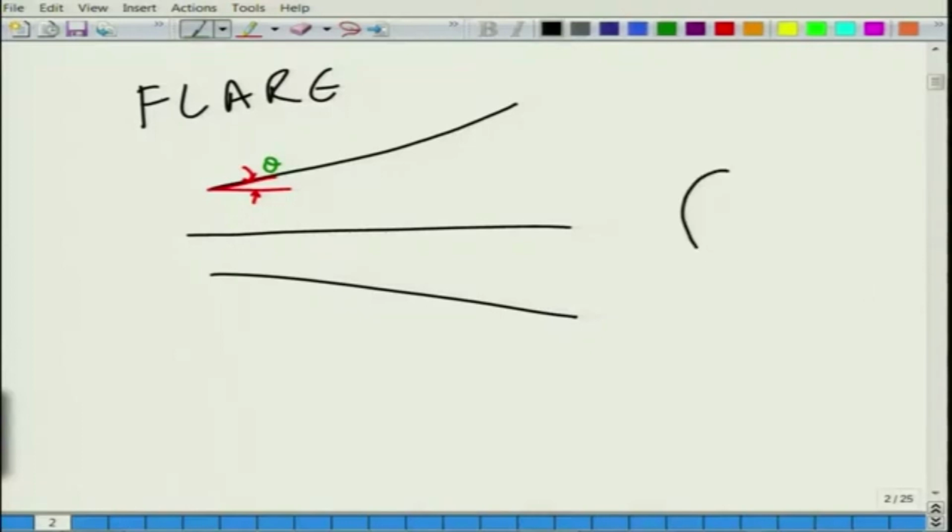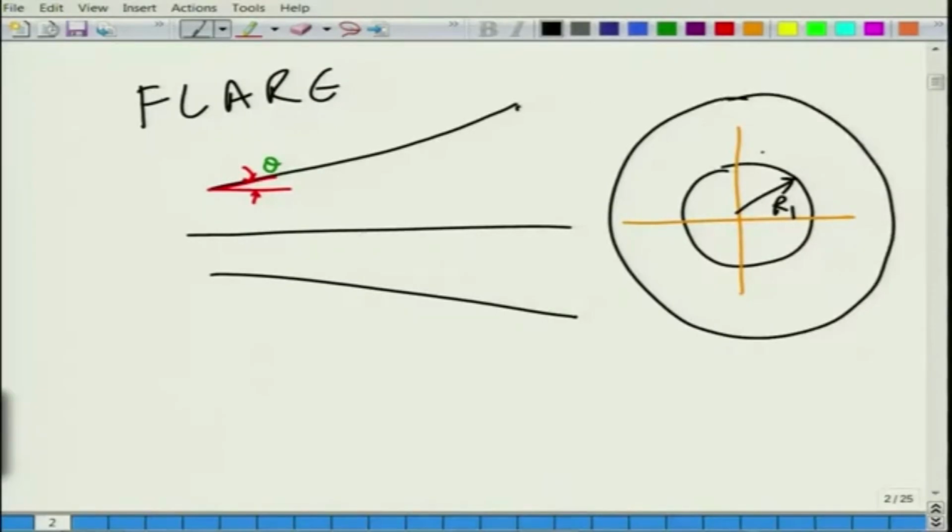So, if you have a duct say of circular cross section and whose radius is say R1 here, and at this point you project it, it has a much larger cross section, say R2 radius. So, the question then is why do we need to study ducts of gradually varying cross section area, why do we need to consider wave propagation in such structures, and what is the practical importance. Those questions might be arising in any student's mind before we actually embark upon a little bit tedious derivation,